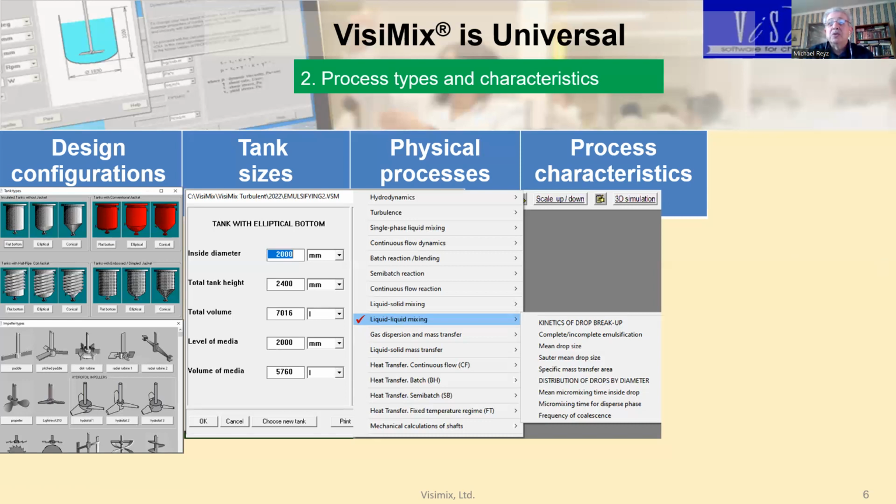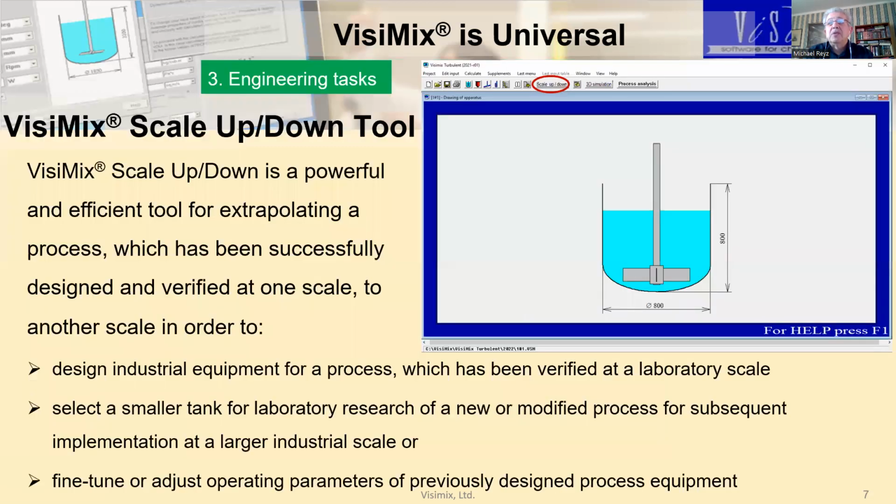Now we are going to talk about even more interesting aspects of Physimix universality. This is universality of engineering tasks that could be performed using Physimix. And we are talking about two very useful tools. The first of them is a scale-up, scale-down tool, which could be found in the ribbon. And right here, circled with a red circle, is the button that will allow you to use this very